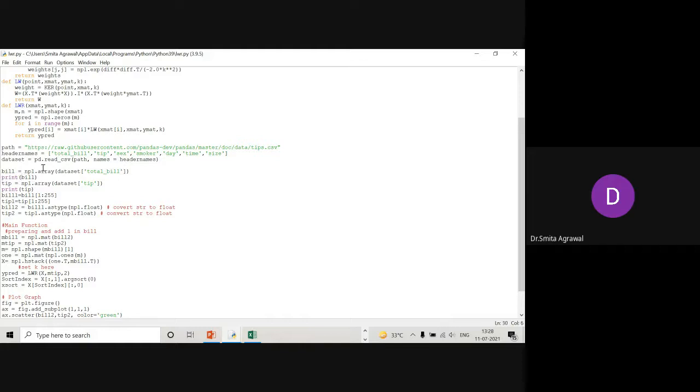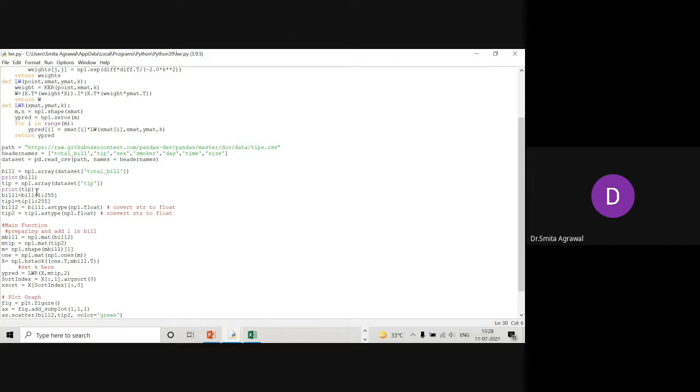We can print the values of bill by using the print command. Then tip is equal to np1.array of data set tip, and by using this statement we can store the values of tip in the tip variable, and we can see the output on the monitor by using the print function.